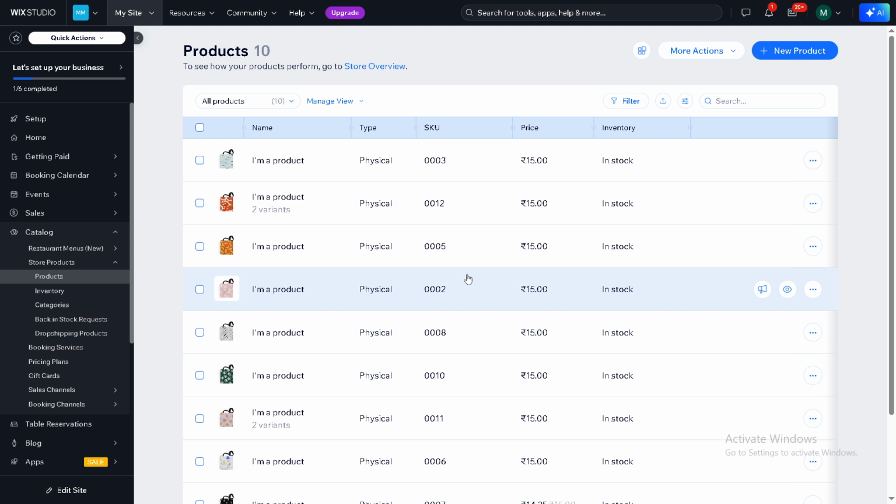Practice removing a product and add the process to your regular store management routine. Best of luck on your learning journey and all your efforts in maintaining a streamlined